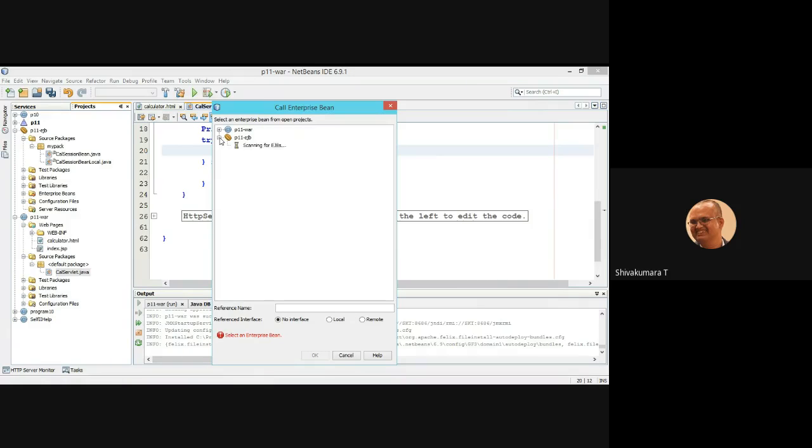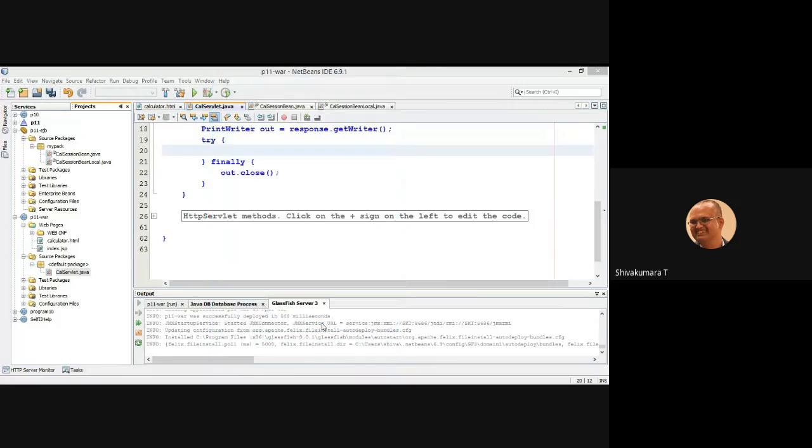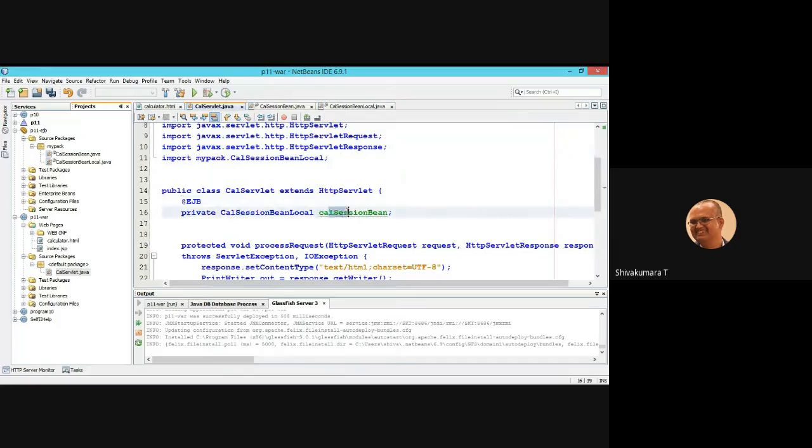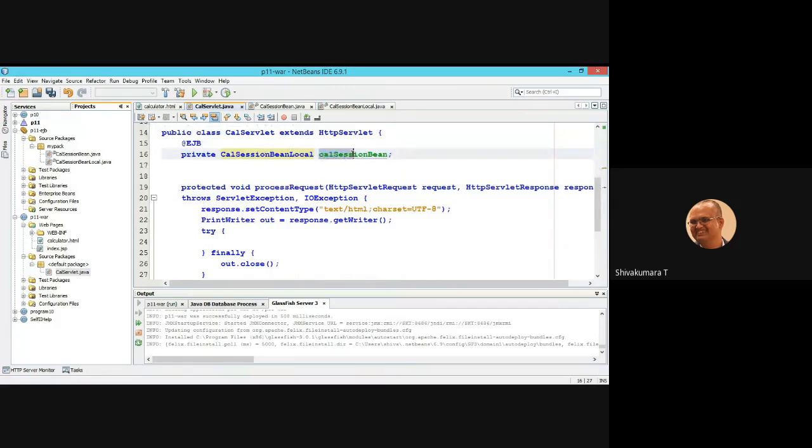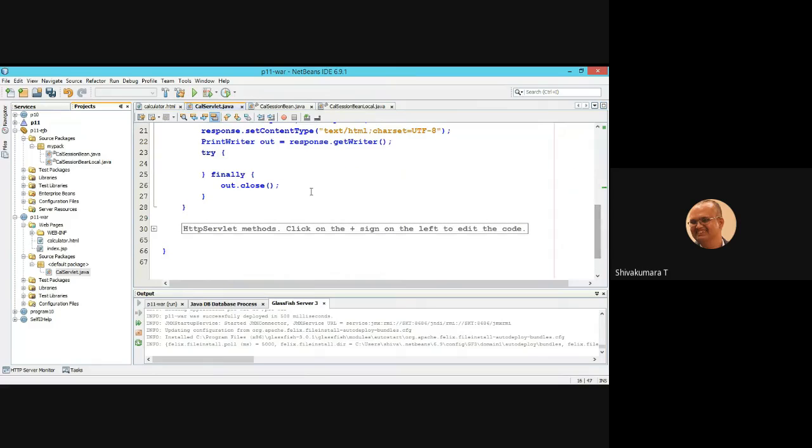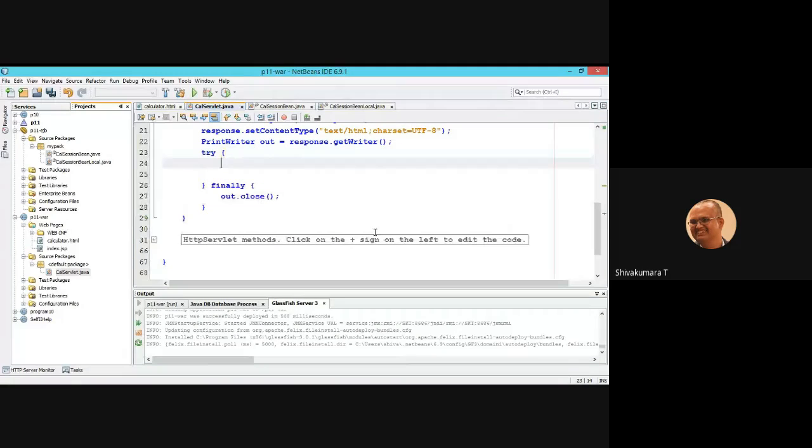Here you are calling the enterprise bean, call session bean. What is the implementation of call session bean? It is local interface implementation. Click on OK. You are going to create the instance of that interface, the call session bean interface. Now copy this. With the help of that interface, you are invoking the business methods which you defined.